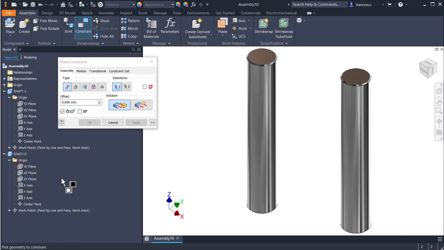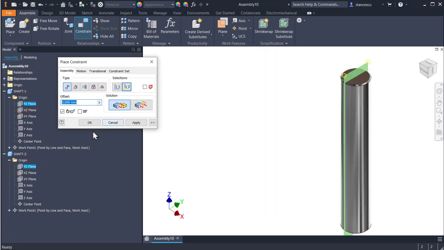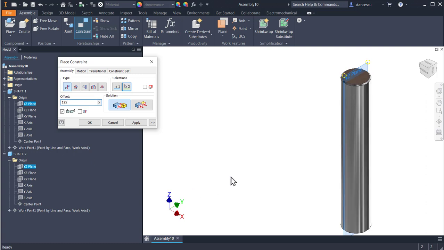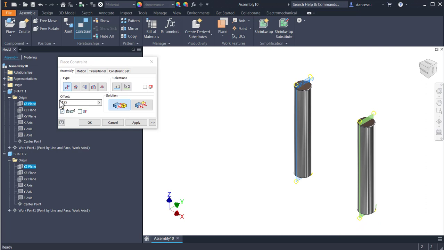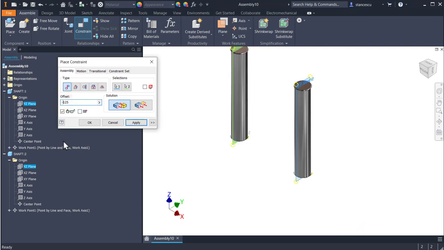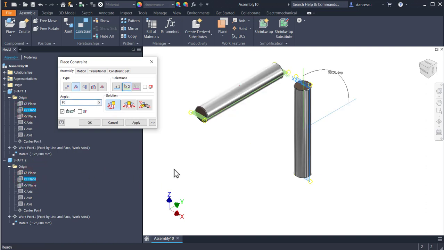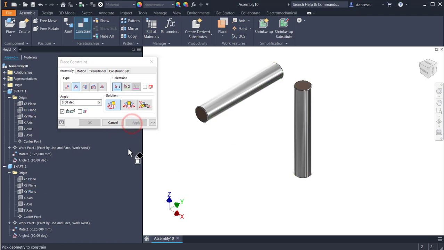an offset between the YZ planes of 125, but in the other direction, minus. Apply, then an angle of first solution between XZ at 90 degrees. Apply,